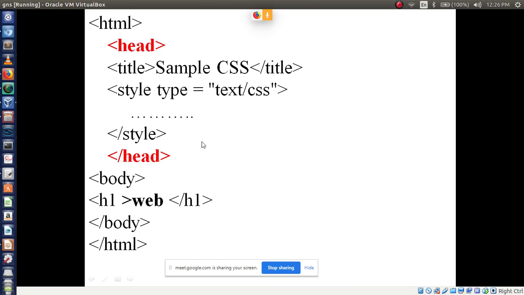This is about the document level style sheet. To apply the document level style sheet, this should be written in the heading section. So here is my HTML followed by head, then inside this head one more tag we compulsorily use, that is the title of the web page. After this, you declare style type is equal to text/CSS. After writing this tag, whatever style you are going to apply, you write here. Then close the style, then close the head. That's it. This is the main logic to write a document level style sheet. Understood this?